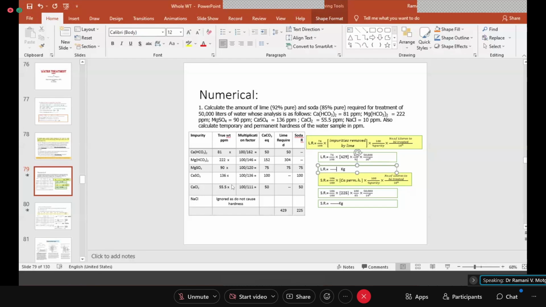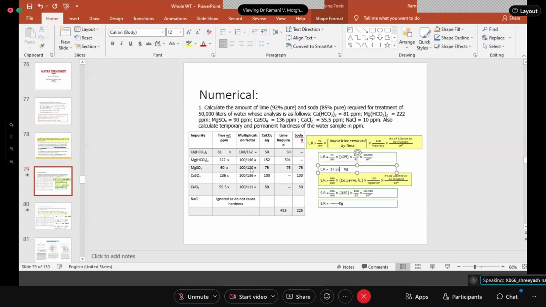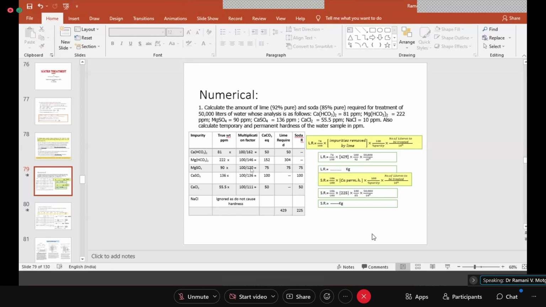Someone told me 3 point something. That is, my mind missed the 17.25 multiplication. This 0.05 was not multiplied. No ma'am, it was 50,000, so I mistakenly wrote 10,000. Okay, okay, that is fine. So let it be like this only. Next year if it is online again, the students will be doing this.